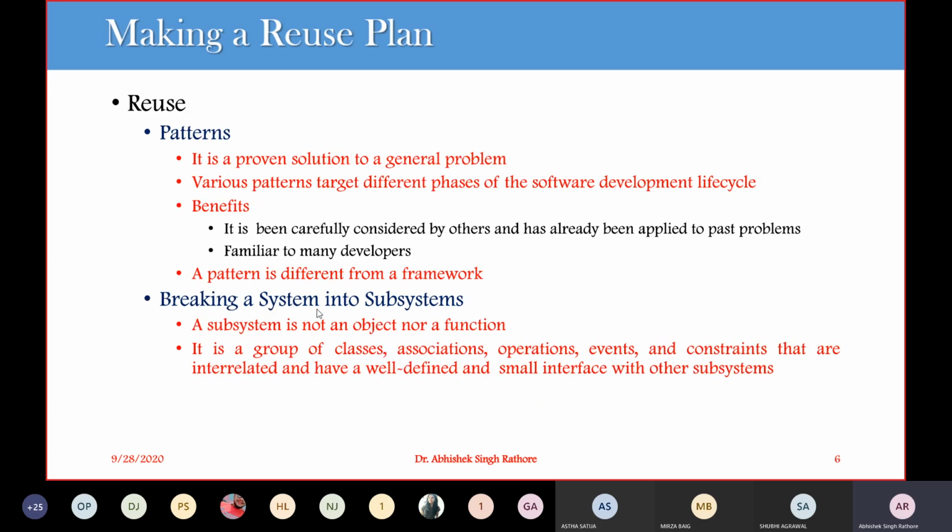In addition to that, framework. So again, when we are moving to reusability, we have some patterns available. These patterns are created by different users, or we can create new patterns for a generalized problem. These patterns are considered proven solutions for a general problem.